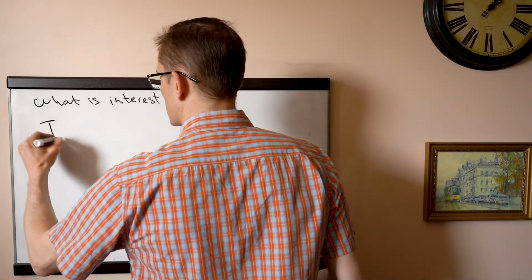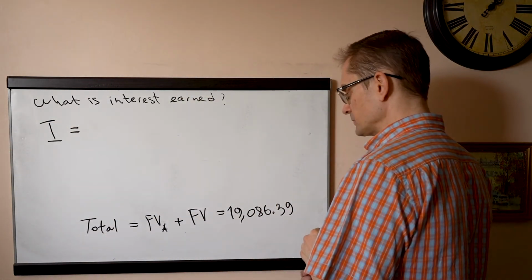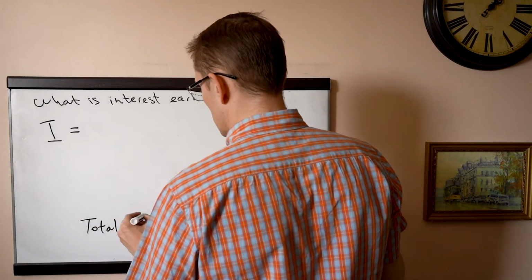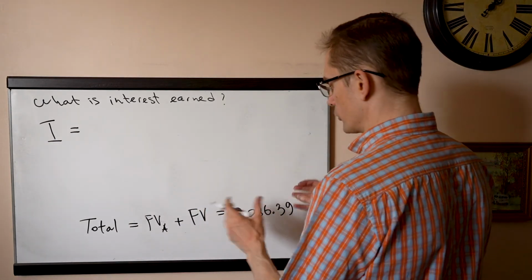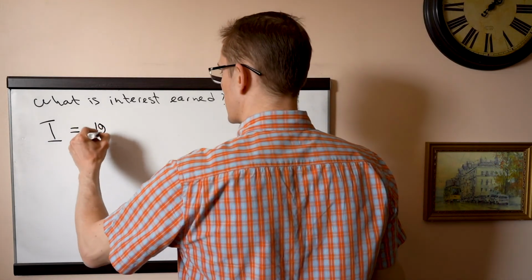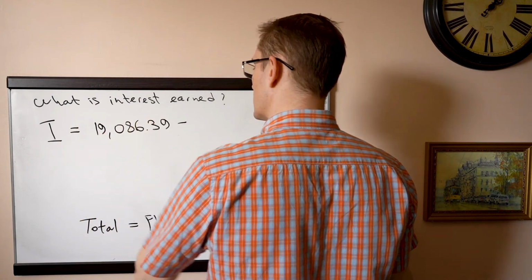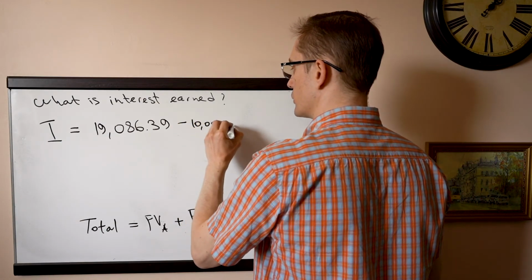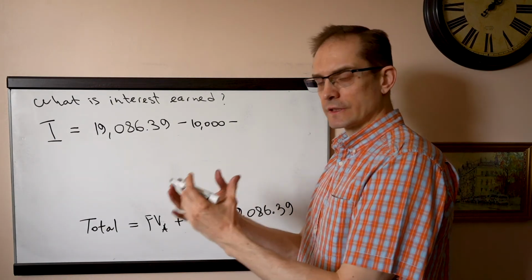So interest in this case will be the amount of money that we actually accumulate, which is 19,086.39 minus 10,000, which is the original $10,000